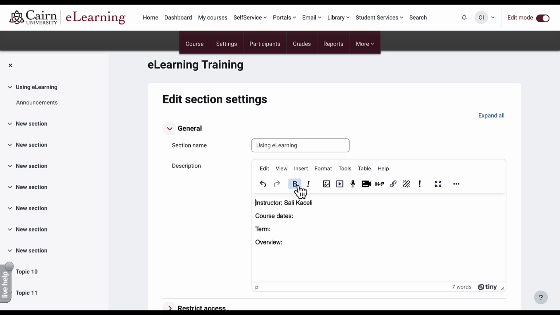Here you can use any of those tools, including options to record a quick video or an audio file. In my case, I'm going to show you how you add an image as part of the course overview area. Go to the very beginning, click on the image option,